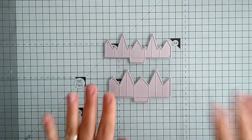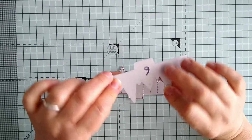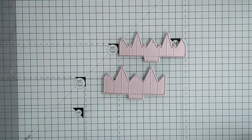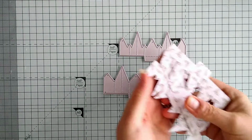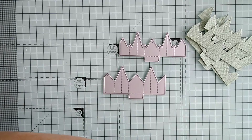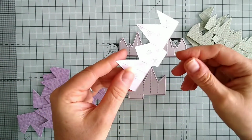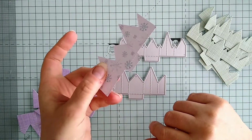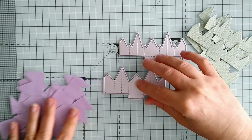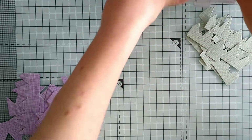Alright, so what I've done is I've gone ahead and cut 6 of these in green. Christmas paper I've chosen, so it's green with holly on the back. And I've gone ahead and cut 8 of these, which are purple and with snowflakes on the back. All right, but essentially it's the same technique for both of these,